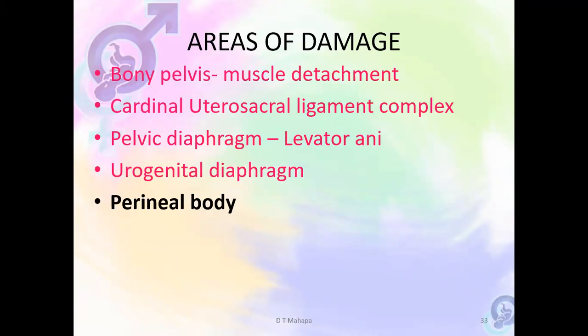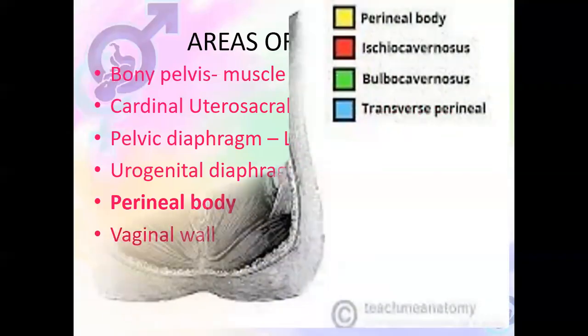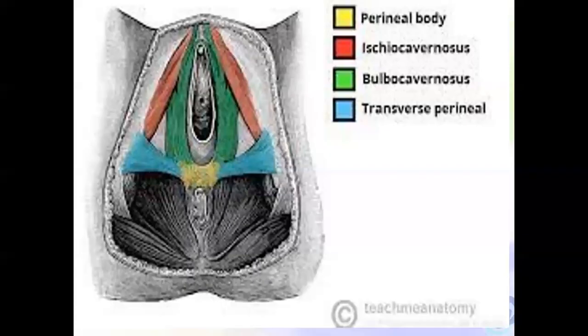The perineal body disruption will remove that sphincter effect of the bulbospongiosus of the vagina. The vagina will become lax, and that's why the tear of the perineal body will increase the vaginal opening, or the introitus, towards the anal opening. That's why the woman will present with repeated vaginal infection, because the opening of the vagina is now very close to the anal opening. Of course, the vaginal wall damage will be due to damage of the muscles that form the pelvic floor, which are the muscles that I've shown you here, which damage the perineal body. The yellow portion is the perineal body that we talked about.